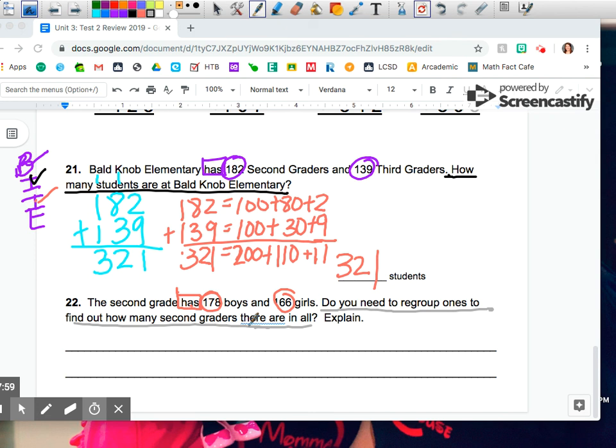So I said, let's look at our ones. We have 8 ones and 6 ones. 8 plus 6 equals 14. Could I put that in a ones place or would I need to regroup and carry? We would need to regroup and carry. So my answer would be yes,